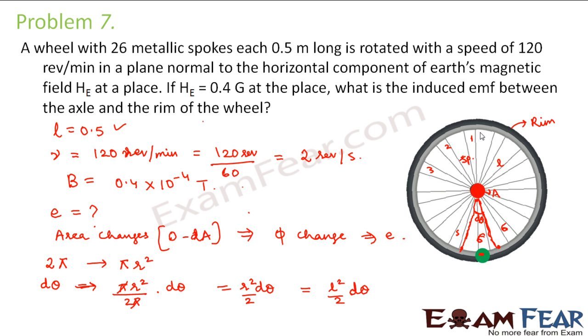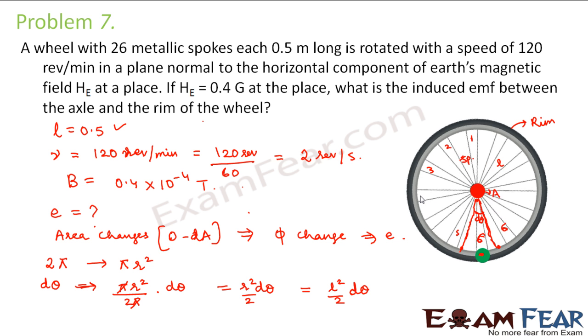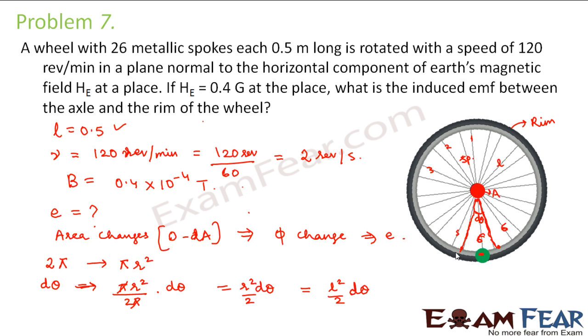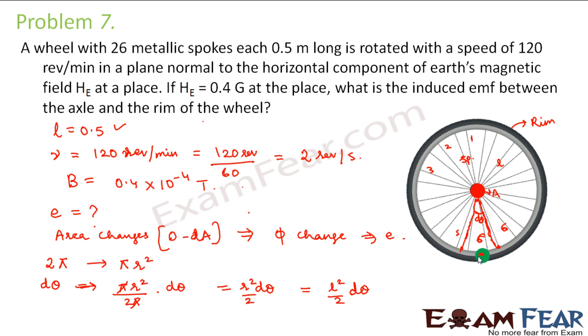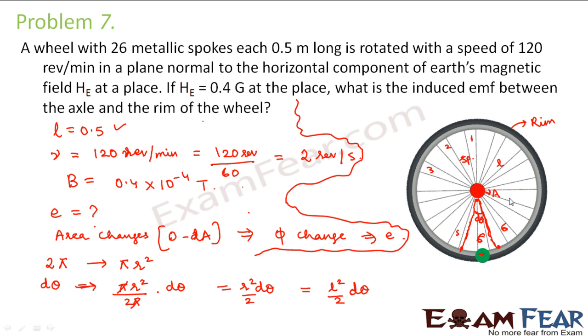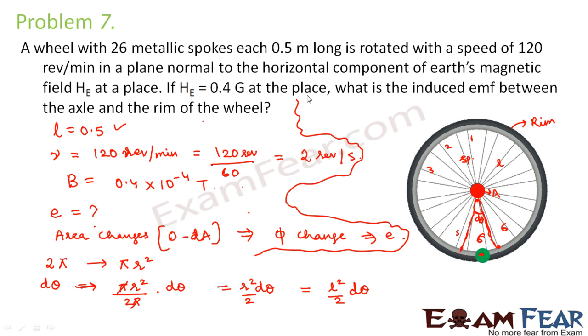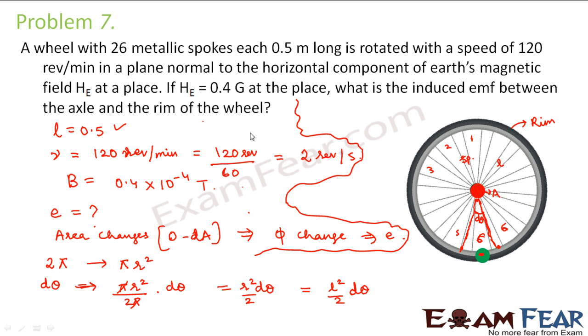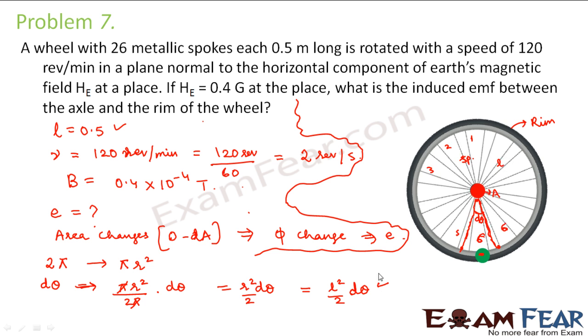Now let me calculate. So see, if you look at it, you are able to understand, right? So each of them will keep moving. Therefore, effectively, the area between any 2 points, if I consider these 2 points, the area will sometimes be 0, sometimes be dA. So here you can see how they will be moving, right? So now let us calculate it here, as I am running short of space. So you have calculated the small change in area dA.